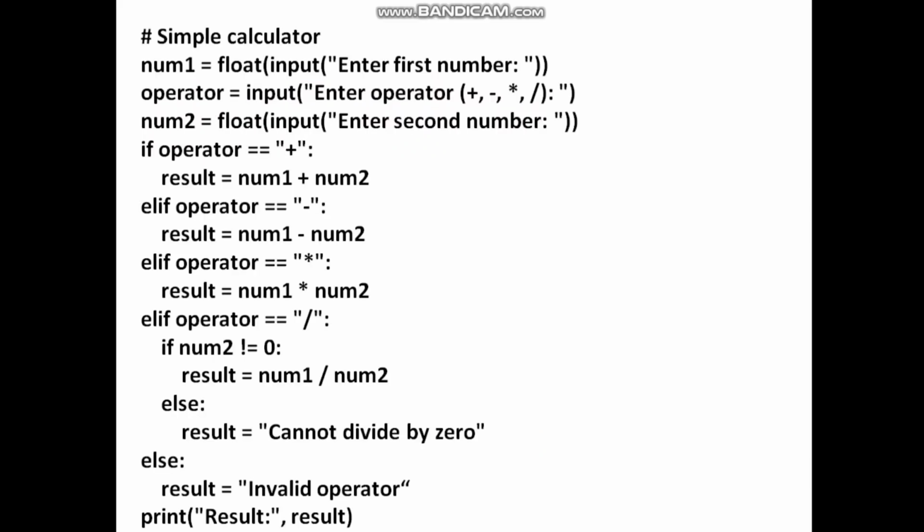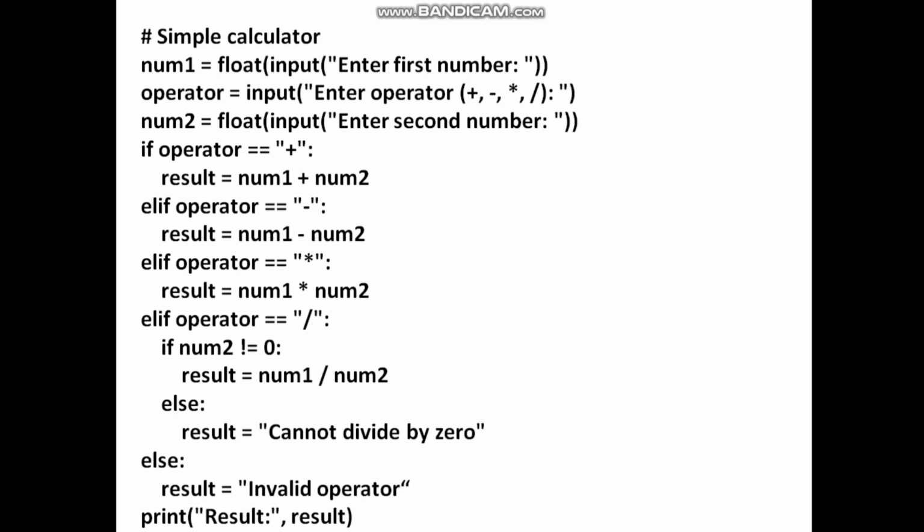And this is another program, for a simple calculator. Here I am using 3 variables: one is num1, another is operator, and another is num2. num1 and num2 are floating point data types. Here we cannot explicitly define a data type. Through the input keyword I am entering the first number, and whatever number I get is converted into float